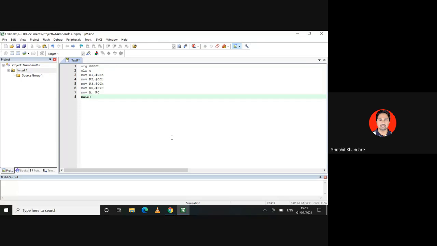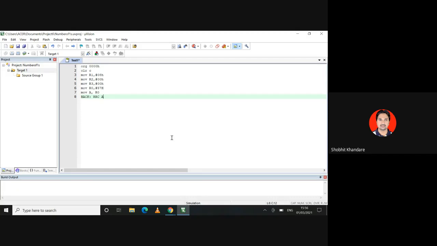Okay. So for that you have the instruction RRC A, rotate the content of A right through carry. So please remember RRC A means rotate the content of A through carry. I hope you can imagine this. You have a byte 01010111. This is 8 bits, and these 8 bits I am rotating right through the carry.